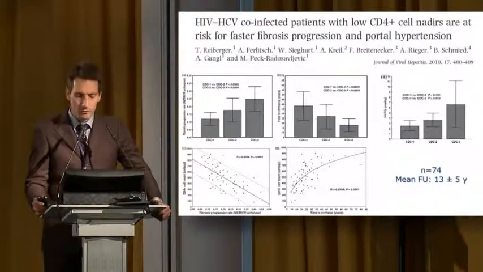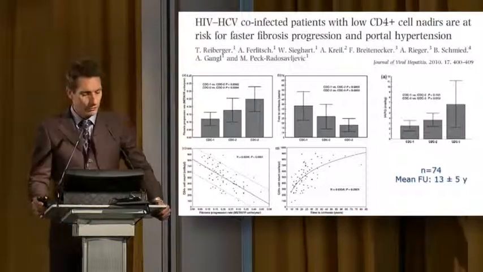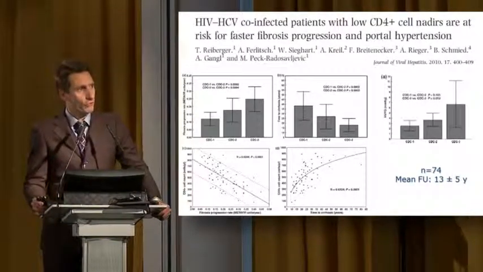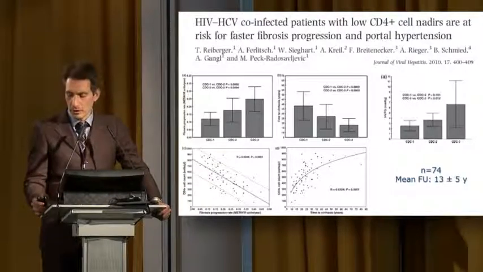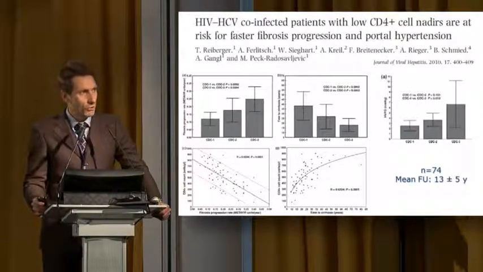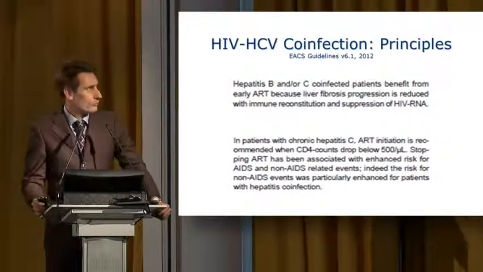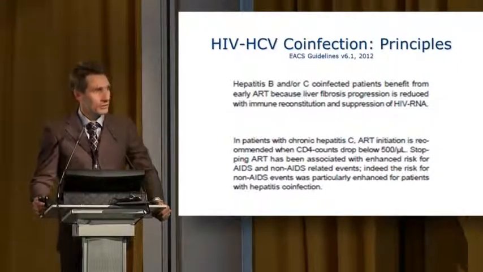So this is data from our group here, published already in 2010, one of several reports showing that there is a correlation between HIV control and fibrosis progression rate in co-infection. Now, one of the general principles here,